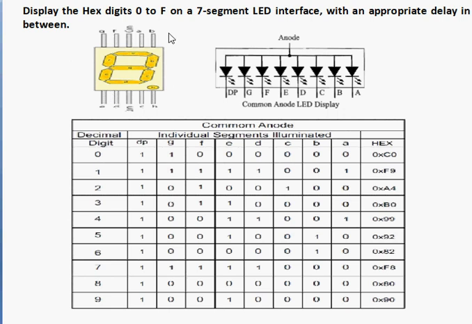We require a common anode mode 7 segment module, and this is its schematic diagram. Since it is common anode, the LED's positive terminal is made common and it is connected to a positive voltage, and the other end is left floating. If you want to turn this LED on, you need to connect this end to the ground